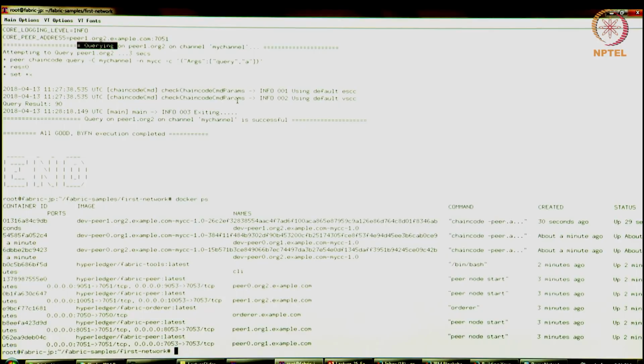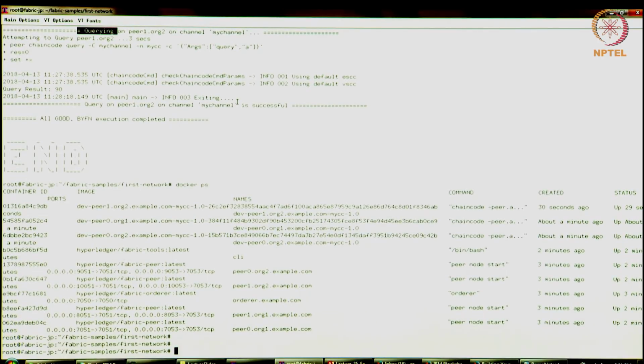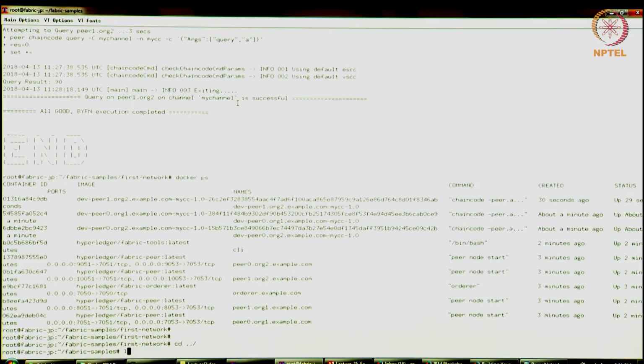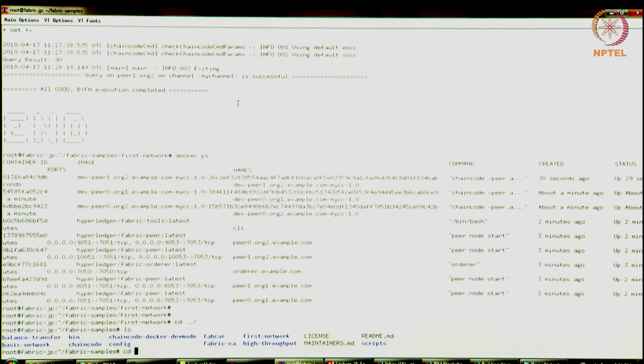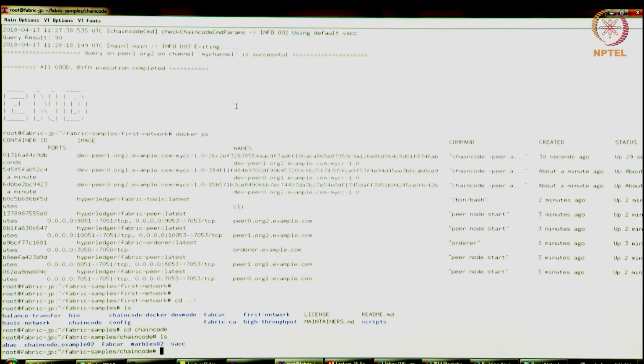Okay. So I've been talking about chain codes. Let's go see what that chain code is. We actually deployed a very simple chain code. We'll go up one directory, to the parent directory, fabric-samples. There's a folder called chaincode. This actually has multiple chain code examples, but the one we have used now is chaincode example 02. I'll walk through chaincode example 02 for you.